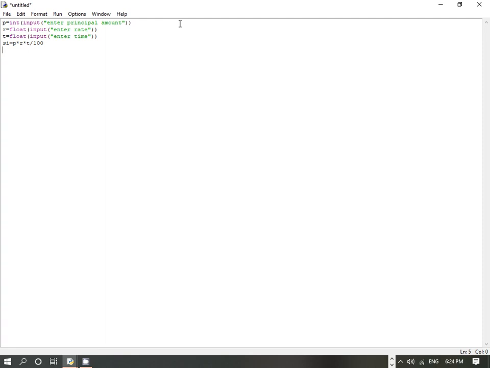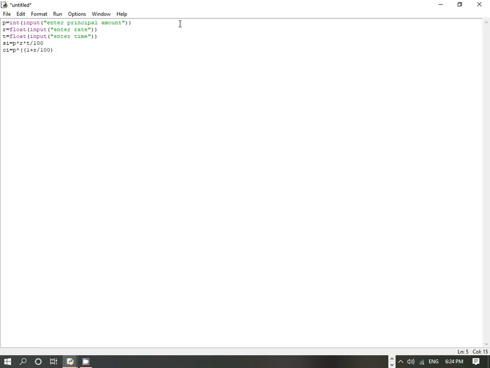In the same program we can also calculate the compound interest. So I'm taking a variable CI equals to P. The formula for compound interest is P into 1 plus R by 100 to the power of N. So let's see how to write that. P into 1 plus R slash 100, because this is R by 100.